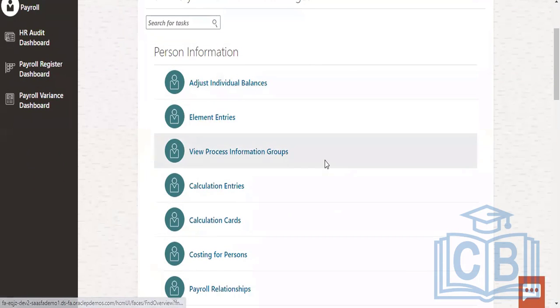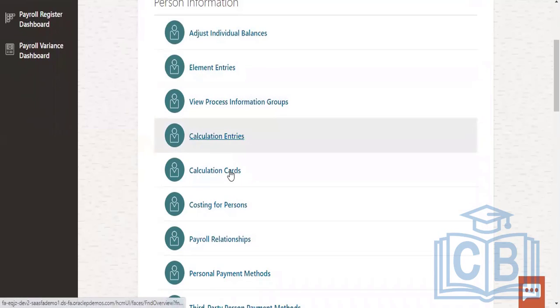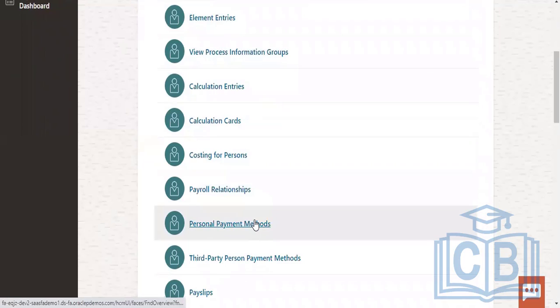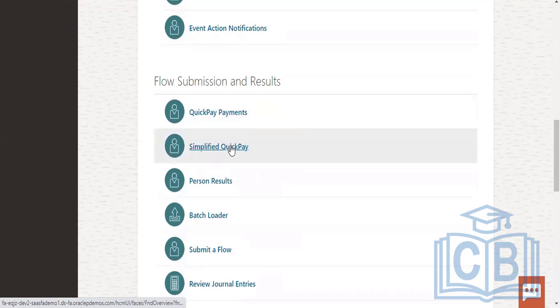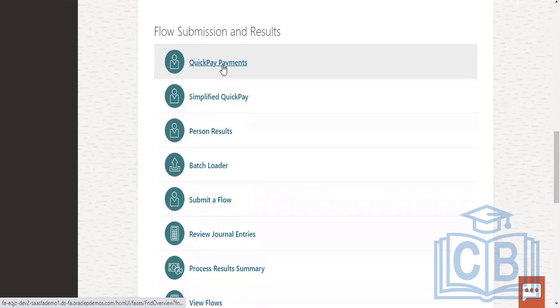Now we are going to discuss one by one all these things. Calculation entries, calculation cards, costing for persons, payroll relationship, personal payment methods, pay slips, event actions, and quick pay payments, simplified quick pay, person results, batch loader, submitter flow. And we have discussed quick pay